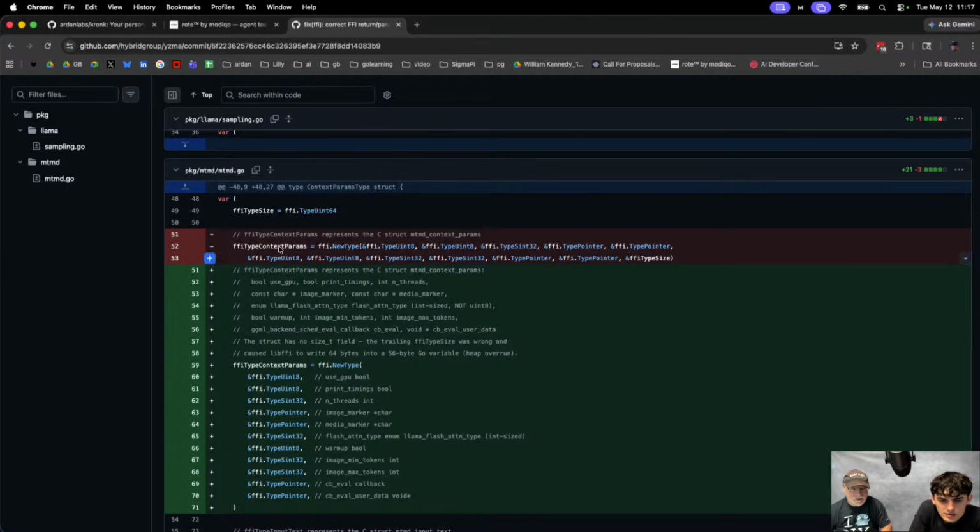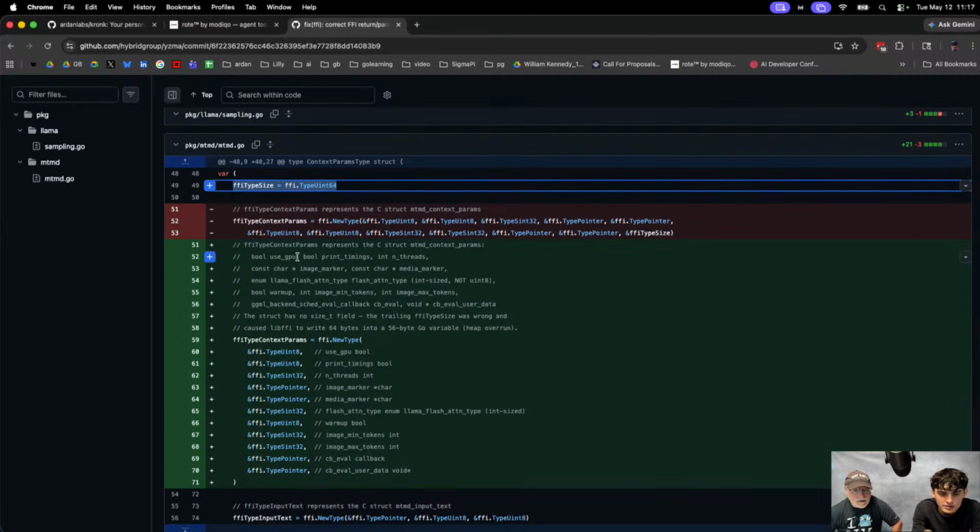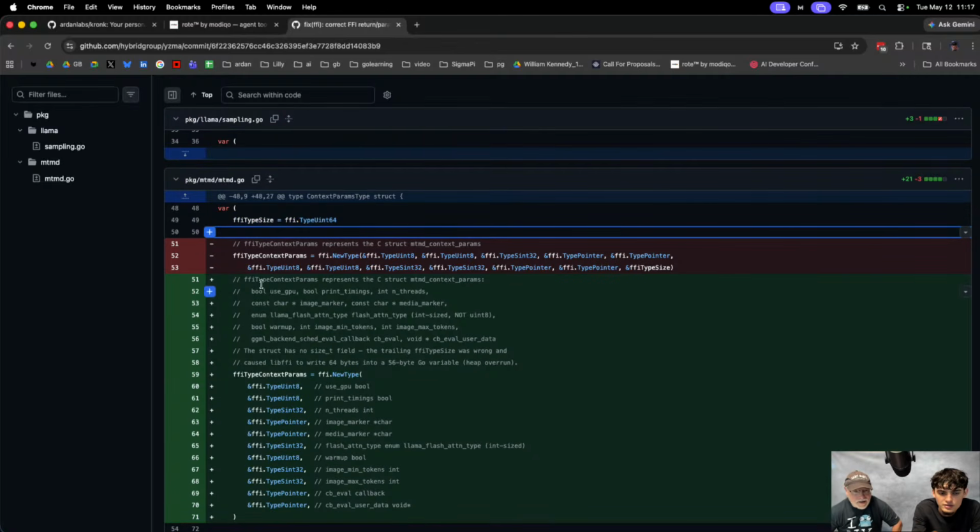So he was just using a 64-bit int, it looks like, for everything. But my guess is that you have to break it down to the right size. It looks like it's just formatted differently. He added more comments, but it's uint8. Let's see. 32 pointer. Oh yeah, because he didn't get rid of that.